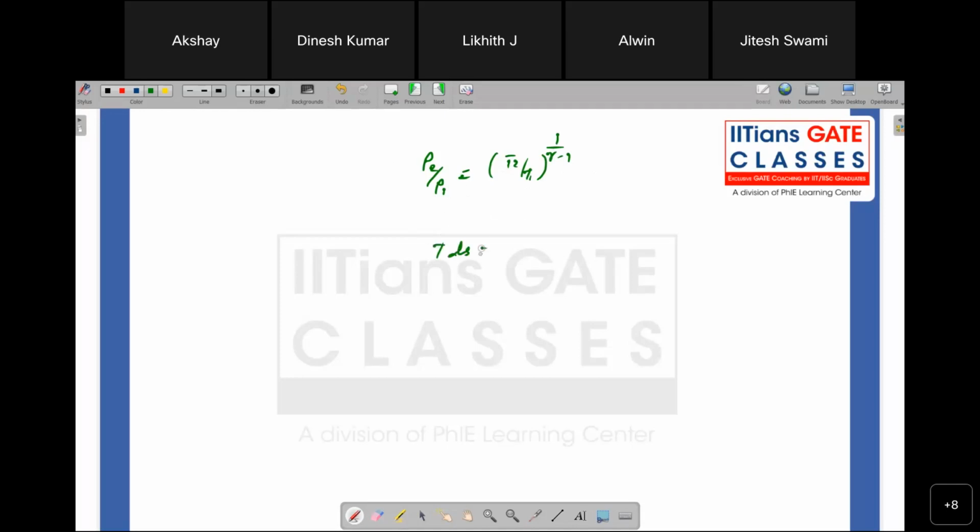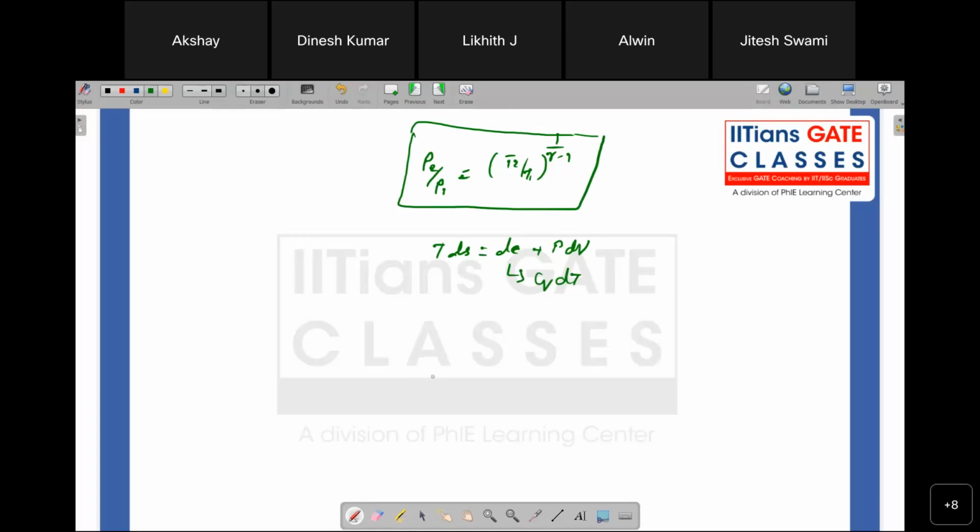I can have a TdS relation which is equal to dE plus PdV. So from here I can actually get into, because dE can be represented in terms of CvdT. So we are just using this idea to arrive at the rho 2 by rho 1 form, right? So what we have arrived at is